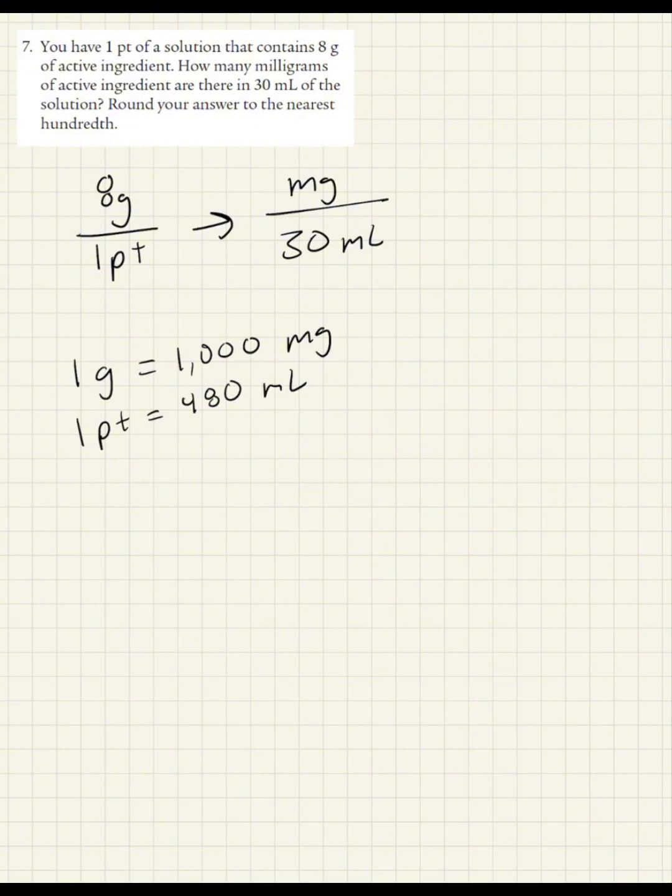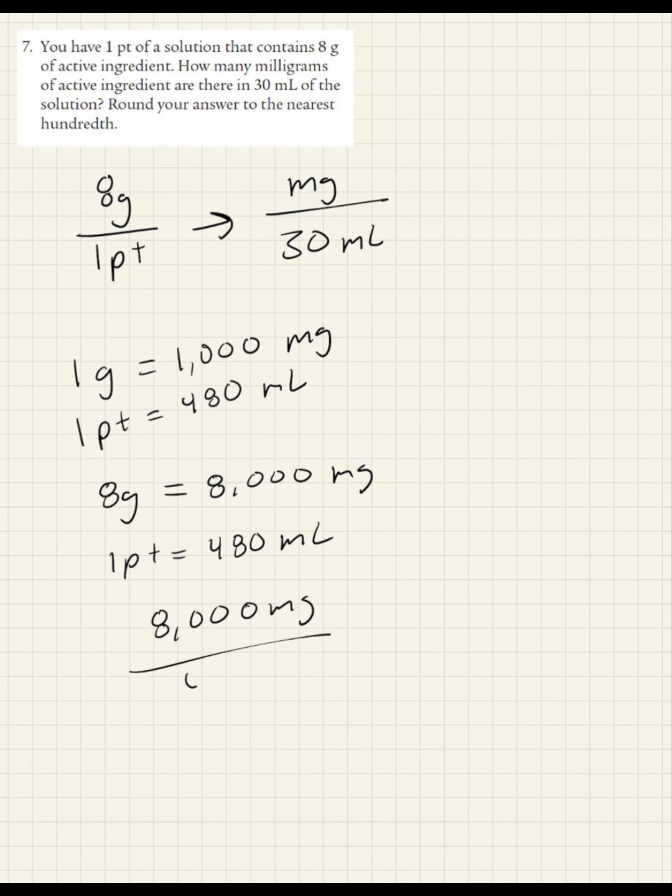So, knowing that, we can say that 8 grams is 8,000 milligrams, and 1 pint is 480 milliliters. So if we replace our original fraction with the milligrams over milliliters, we can say 8,000 milligrams over 480 milliliters